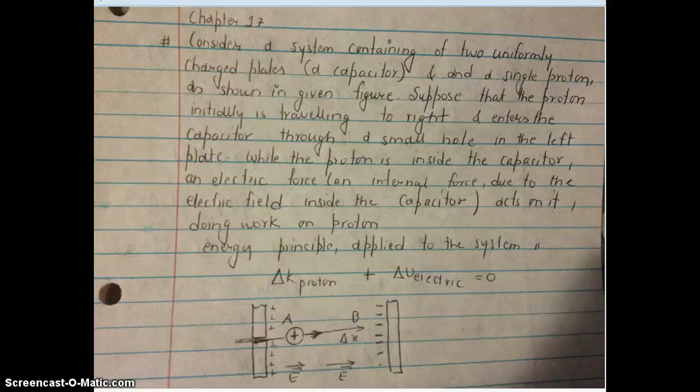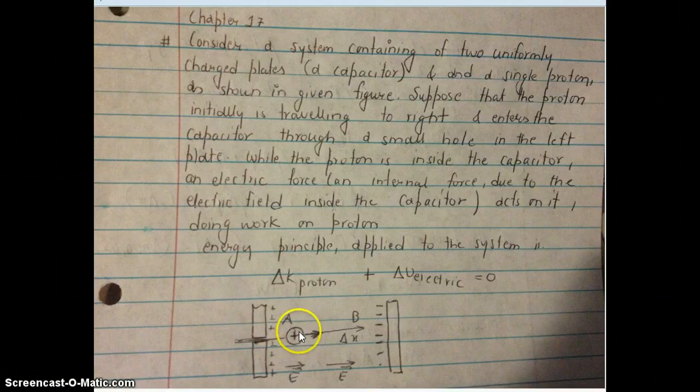For the assessment of chapter 16, I have chosen a problem mainly related to the system of charged objects. The question goes as: consider a system containing two uniformly charged plates, a capacitor, and a single proton as shown in the figure. Suppose that the proton is initially traveling to the right and enters the capacitor through a small hole in the left plate. Here you can see the capacitor and the proton entering the right side of the capacitor